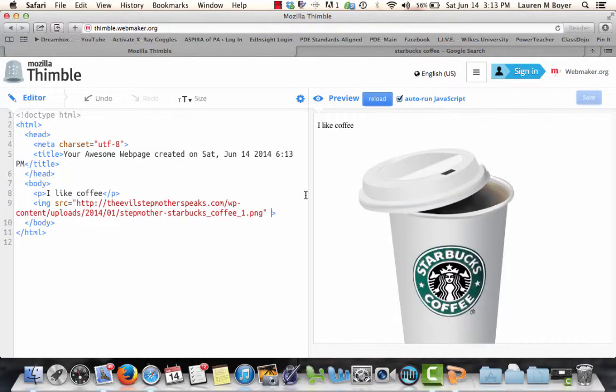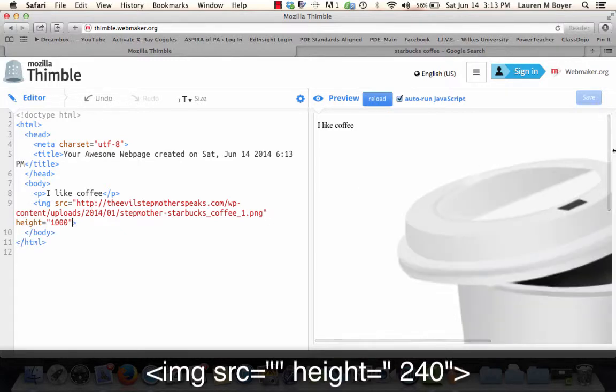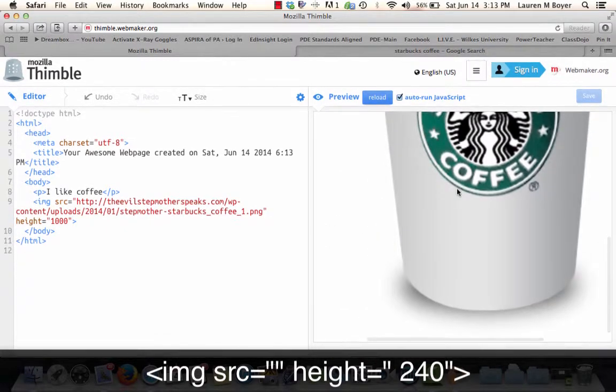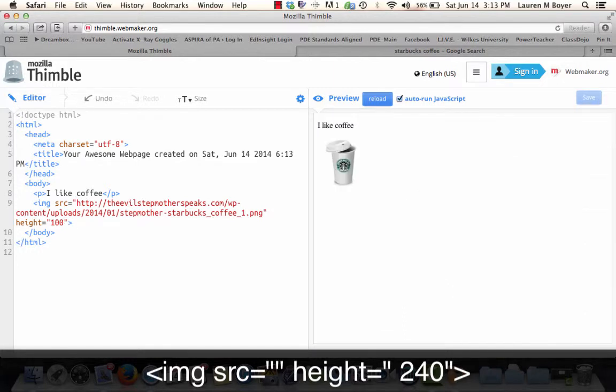Now that I have the image located in my website, it's time to start changing the height and width so the image fits a little bit better on my website. I'm going to type the height attribute because I believe this image will stay proportional without typing both, equals, quotation marks, and I'm going to type any number I want. I'll type 1,000 and quotation marks. 1,000 pixels is obviously much too large for my website, so I'm going to go a little smaller, maybe down to 100. Now it's a little smaller than I wanted it, so I'm just going to continue to play with